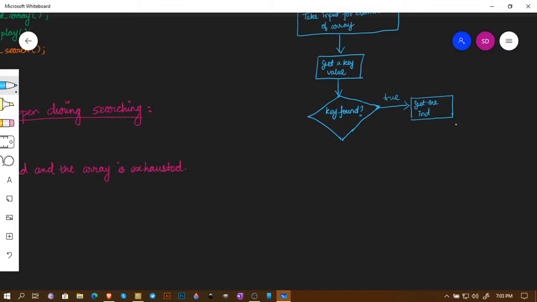Let's call it index instead. So get the index. If the key is found, we get the index where it's found. Otherwise, if it's false,